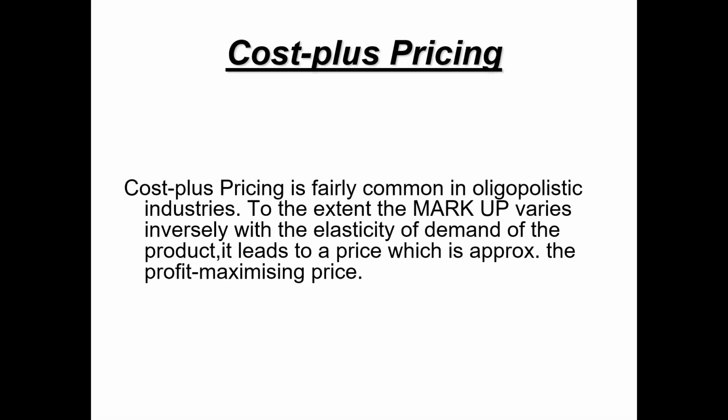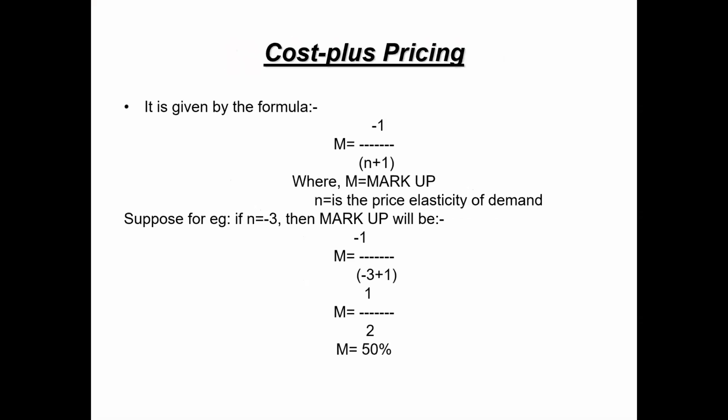Now this markup varies depending on the industry and demand conditions. For example, the markup is about 20% in the steel industry in general, but it is higher for products facing less elastic demand or in periods of high demand. So it is decided depending upon what type of industry it is, what type of demand is prevailing in the market, and the elasticity of that product. It all depends on that.